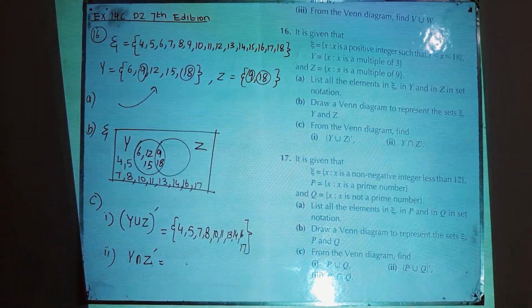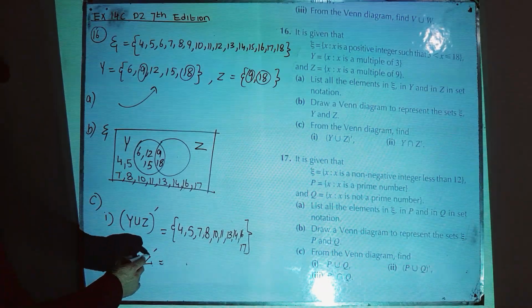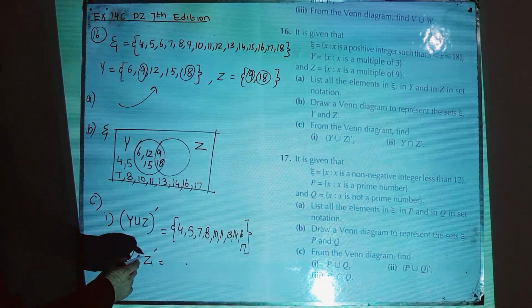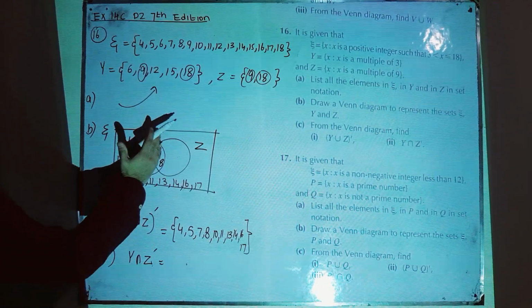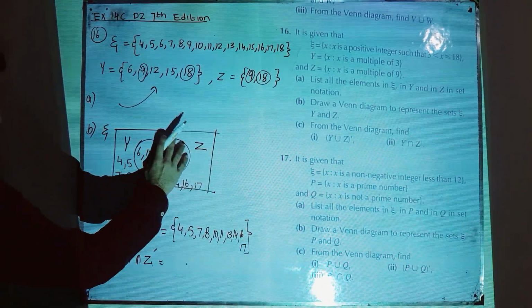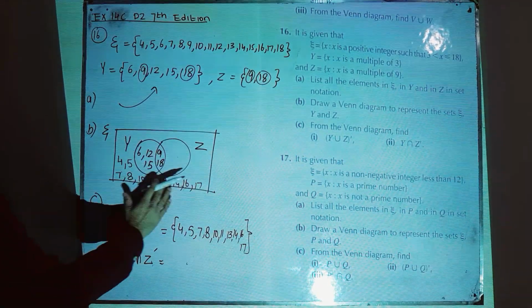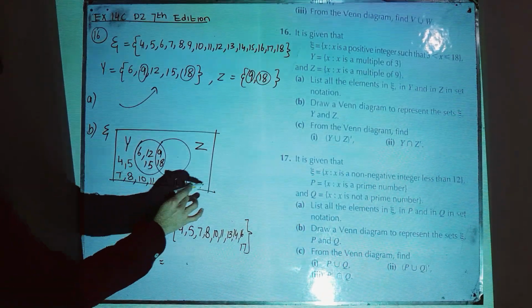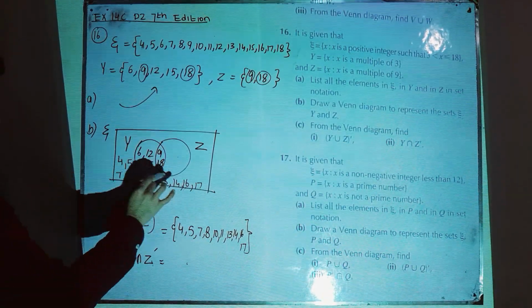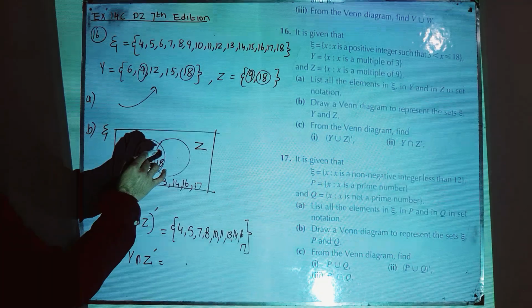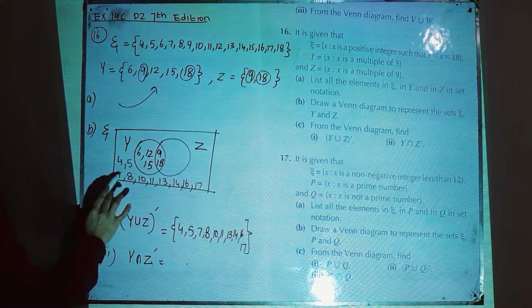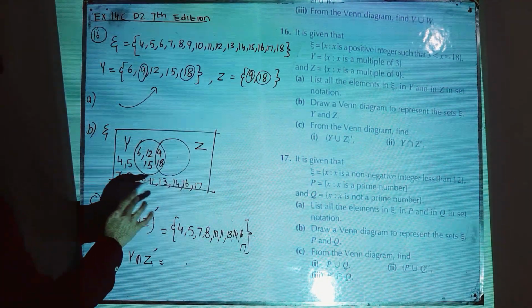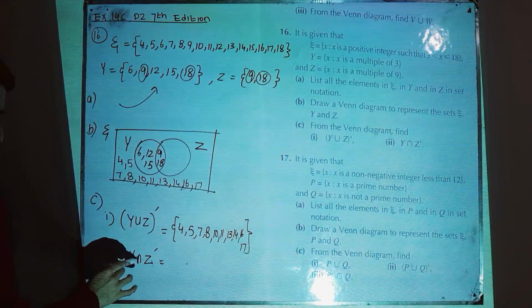And the next part is, you have to find the elements of Y intersection Z complement. Okay, now first of all you just need to identify Z complement. Now Z complement is the region other than Z. Excluding Z, the other region is Z complement. This outside region is Z complement, other than the circle of Z. So the region of Z complement, which is this outside one, in common with Y,